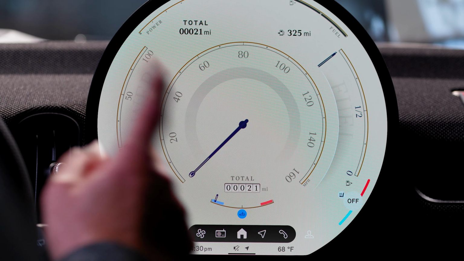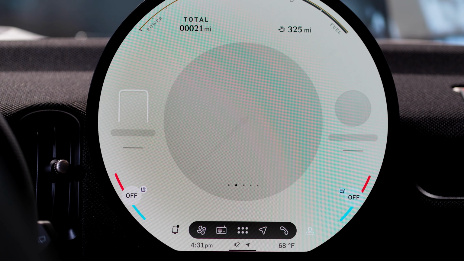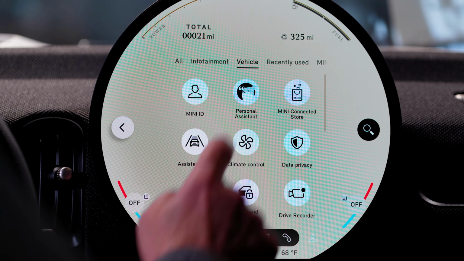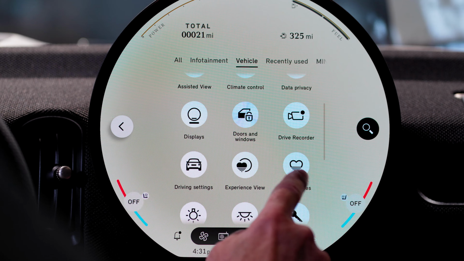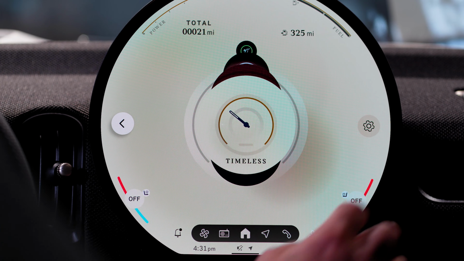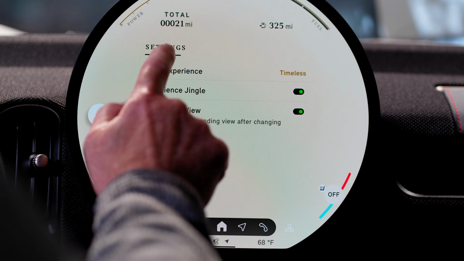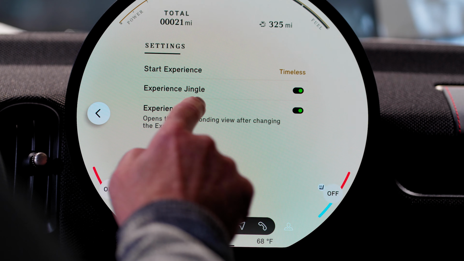So the way that I'm going to make this my default driving experience is, first things first, going to Home, and then going into the apps. And then I'm going to shortcut to Vehicle, and then I'm going to find the Experiences app, which is right there. I'm going to choose the Experiences app, and then I'm going to choose the settings right there. Then I'm going to go to the Start Experience, I'm going to choose Timeless, and then you'll also notice here